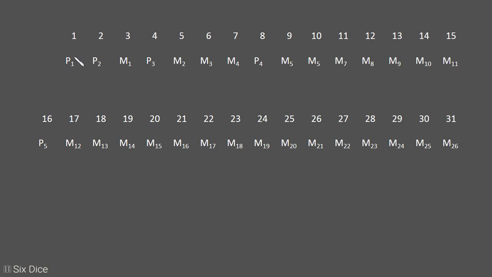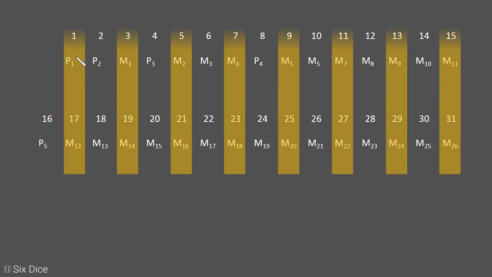Now let's understand with our 7-bit block length example. Here parity bit 1 is set by selecting 1 bit first, then leaving 1, then select 1, leave 1, select 1, leave 1, select 1, and so on. So parity bit 1 is set using message bit 1, message bit 2, message bit 4, message bit 5, message bit 7, message bit 9, and so on, as you can see on screen.